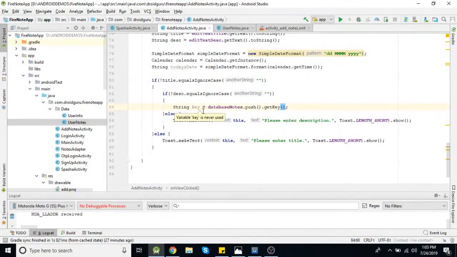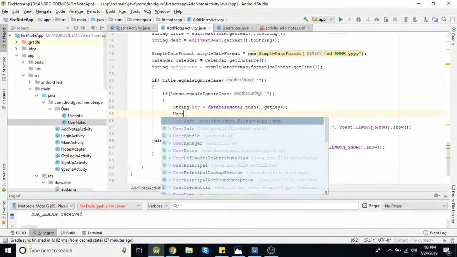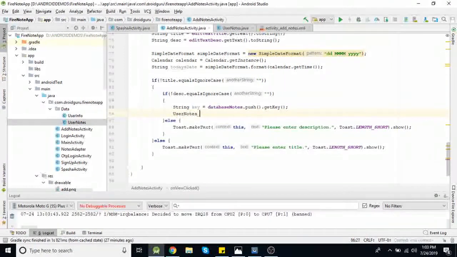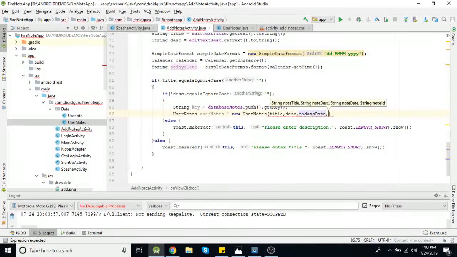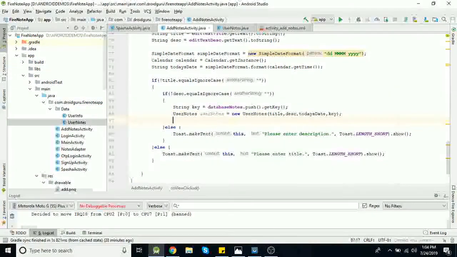So now I am creating that model object: user nodes equals new user nodes, and the first parameter is title, then second one is description, third one is the date which we calculated, the current date, and the last one is node ID, that is key. So this model class object is ready.